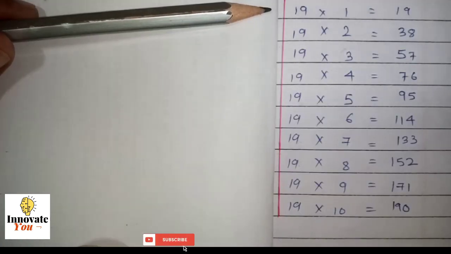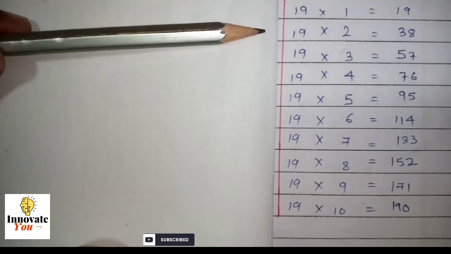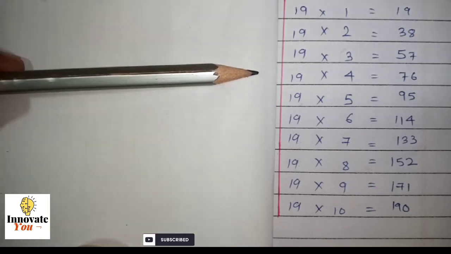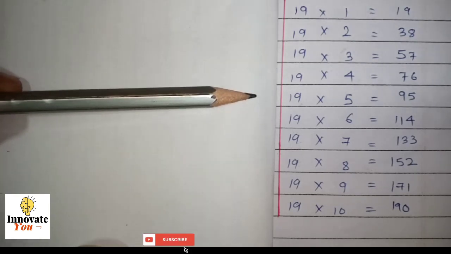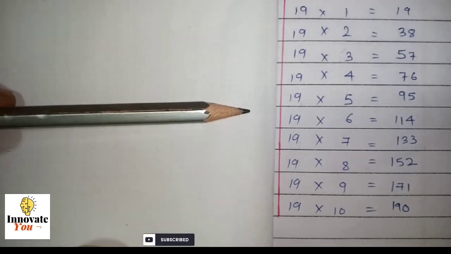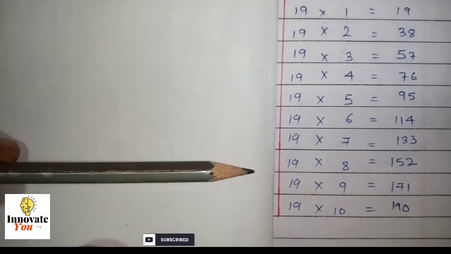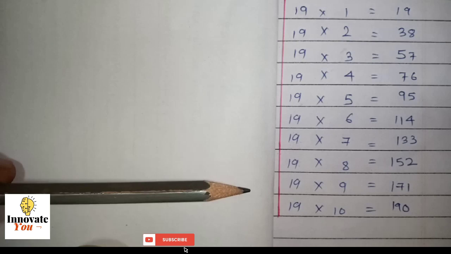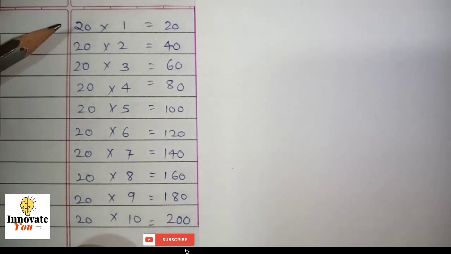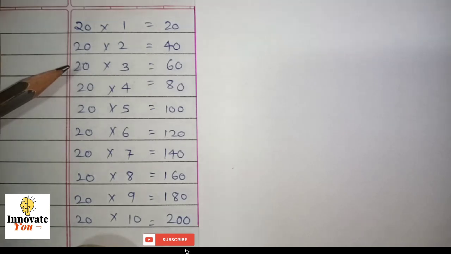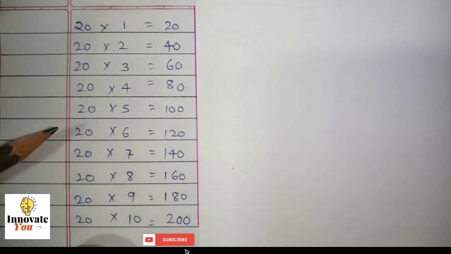19 ones are 19, 19 twos are 38, 19 threes are 57, 19 fours are 76, 19 fives are 95, 19 sixes are 114, 19 sevens are 133, 19 eights are 152, 19 nines are 171, and 19 tens are 190. 20. 20 ones are 20, 20 twos are 40, 20 threes are 60, 20 fours are 80, 20 fives are 100, 20 sixes are